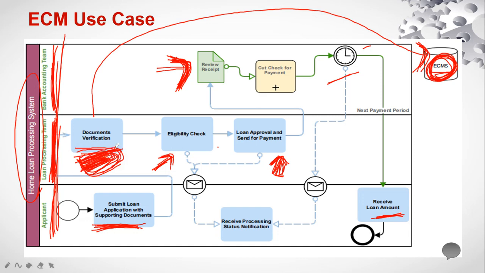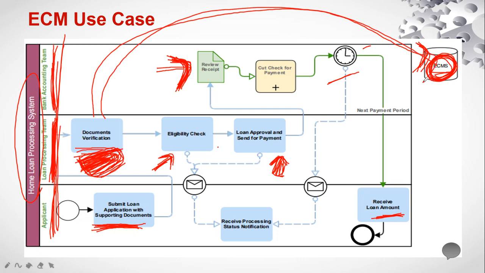As part of this verification process, they might generate some documents. Once they have verified, the person verifying the document might put his digital signature on a specific approval document, saying that he is approving and has verified the documents, that to his knowledge all the documents are correct, that all the documents required for home loan processing are there, and that he can send it to the next activity. Whatever content is generated as part of this process will also be stored in this system.